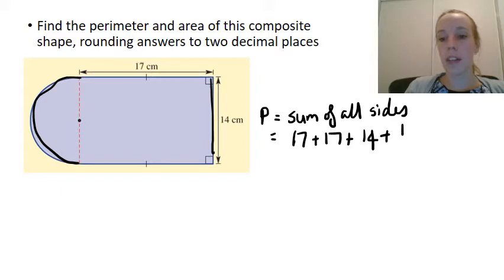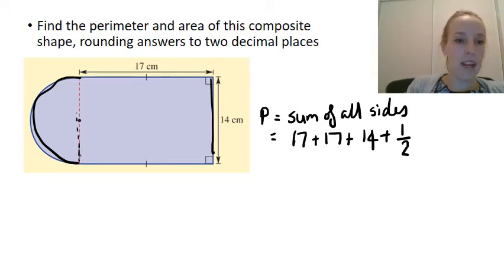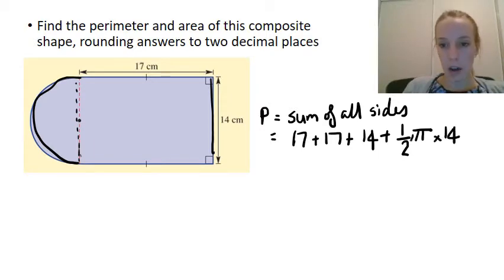So we're going to use the circumference of a circle divided in half, which is pi times the diameter, and we know our diameter here because it's the same as the 14, so it's a half pi times the diameter, which was 14. Using our order of operations, we know we have to do multiplication first, so it's still going to be 17 plus